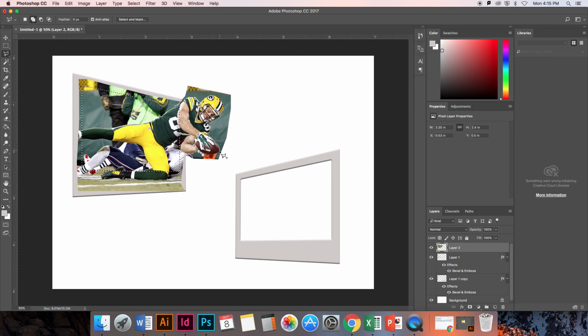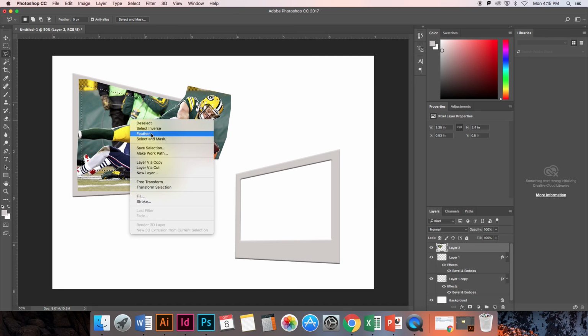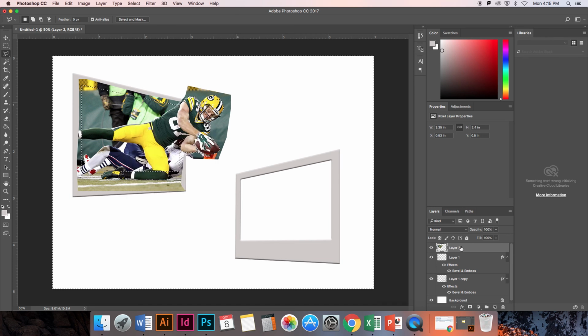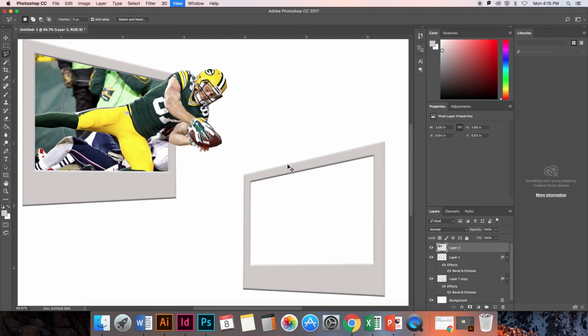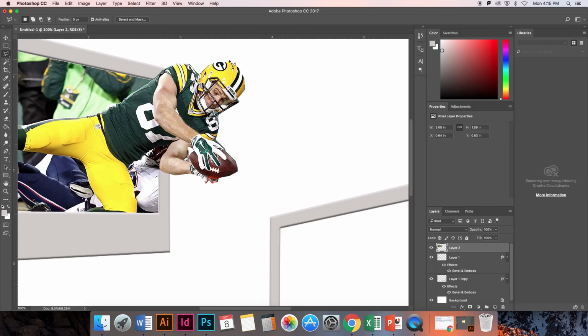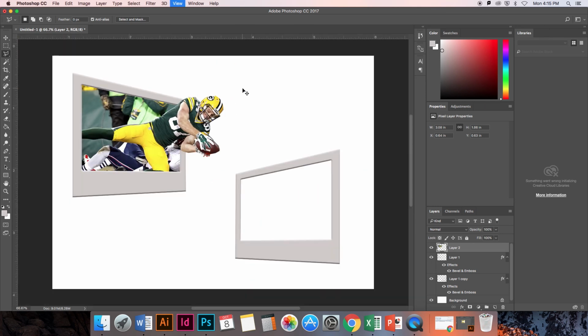And then after you have that cut out, you still repeat that same step there with right clicking in the middle and then select inverse. So I have the shape here, right click, select inverse, make sure you're on your Jordy Nelson layer, press delete, and now you have the effect of the image popping out of the keyhole. Definitely go back and zoom in and clean up the spots that should still be erased. But now you can do the same exact thing with the other one, and then just for good measure on the very, very bottom, add a background picture. You can lower the opacity on that or do whatever you want to, but that is how you